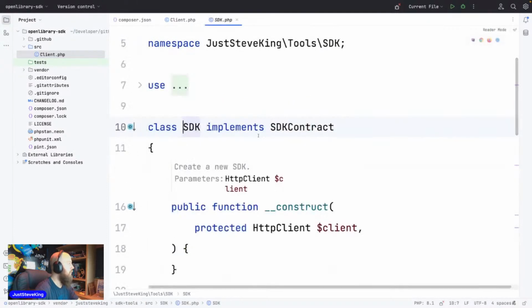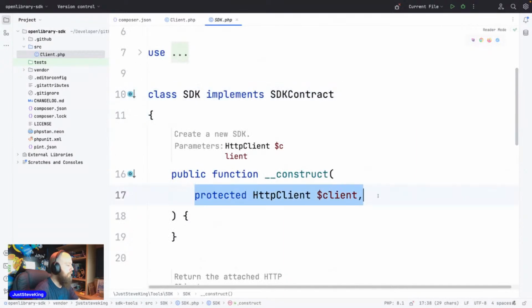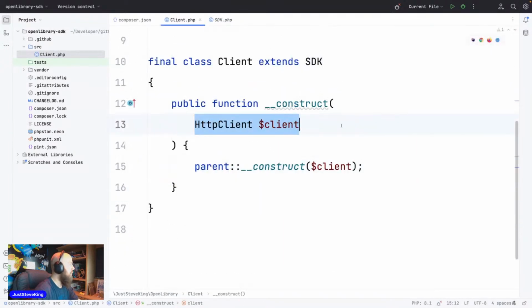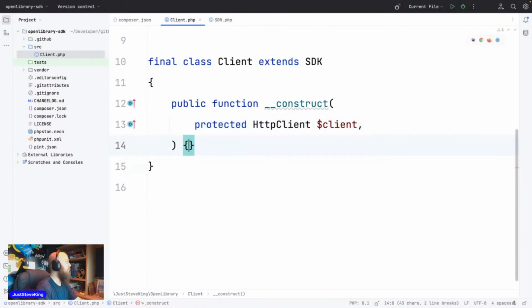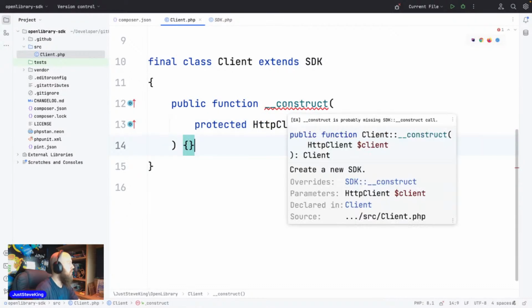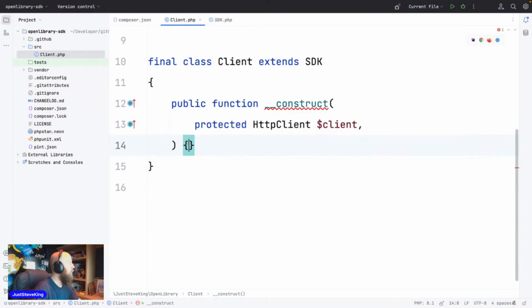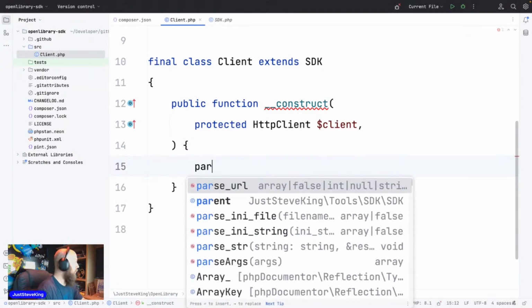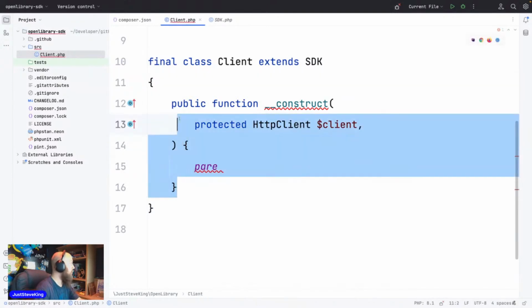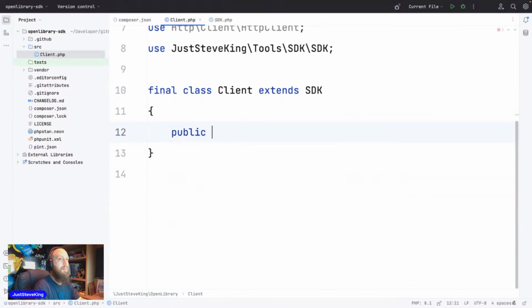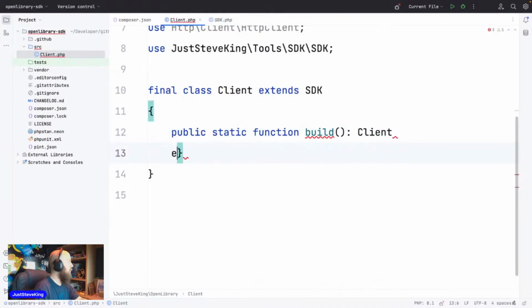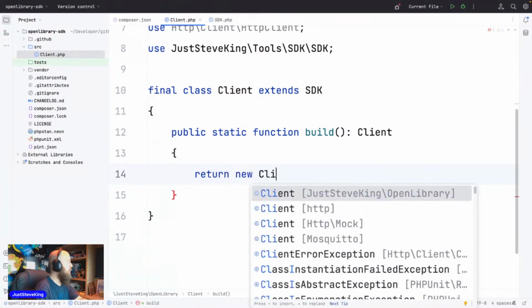If we just get the parent, we could just grab that instead, and then that can get gone. Actually, yeah, we can actually just remove that, can't we? So public static function build. Going to build a client. Return new client